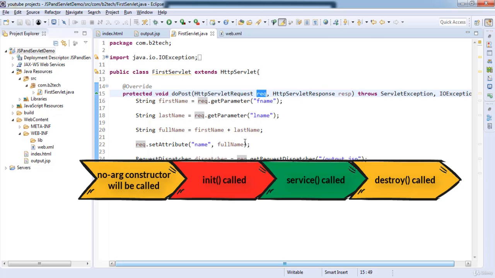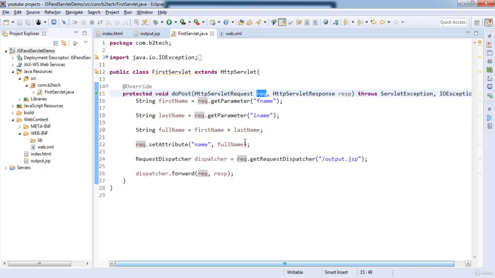Again, the destroy method will be called only once in the entire lifecycle of a servlet, just before shutting down the application or just before shutting down the container. So the question is, when will we call these lifecycle methods? At what point of time do we have to call these lifecycle methods? Is it necessary to override all these methods? That we will see in the next video. In the next video, we will override all these methods and see exactly when the servlet object will be created and when the servlet object will be destroyed and what kind of code we can write inside the